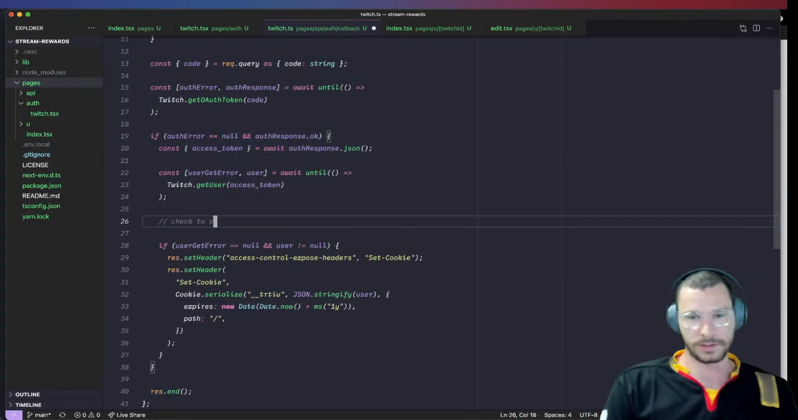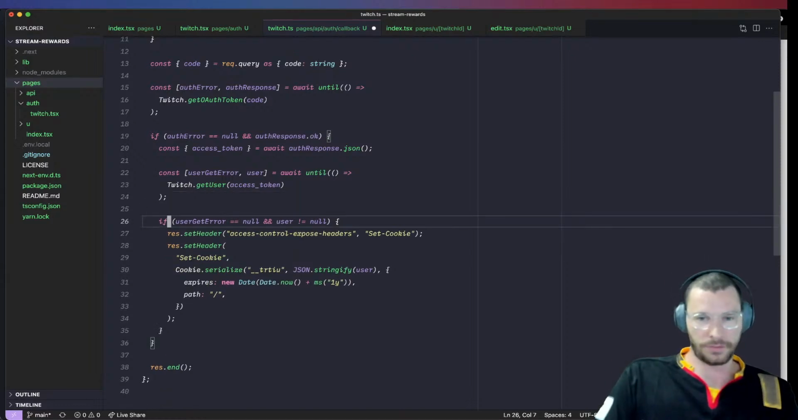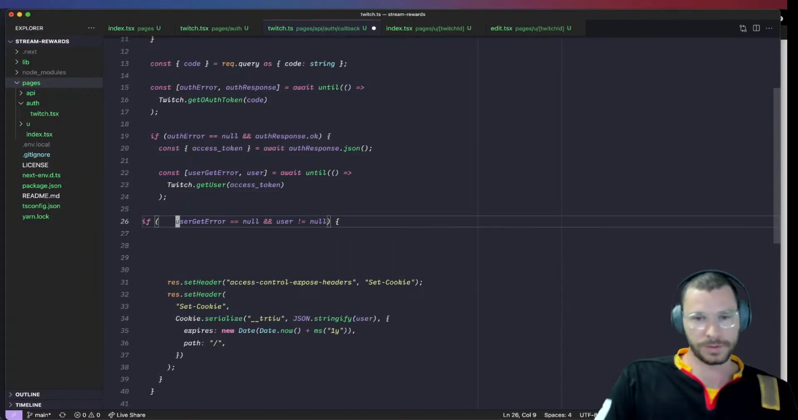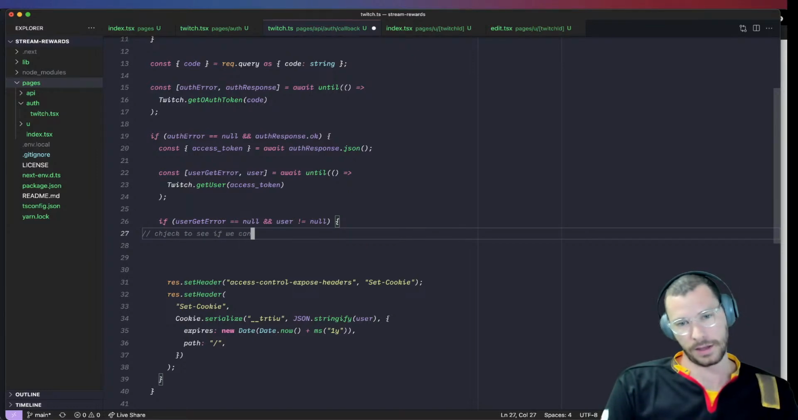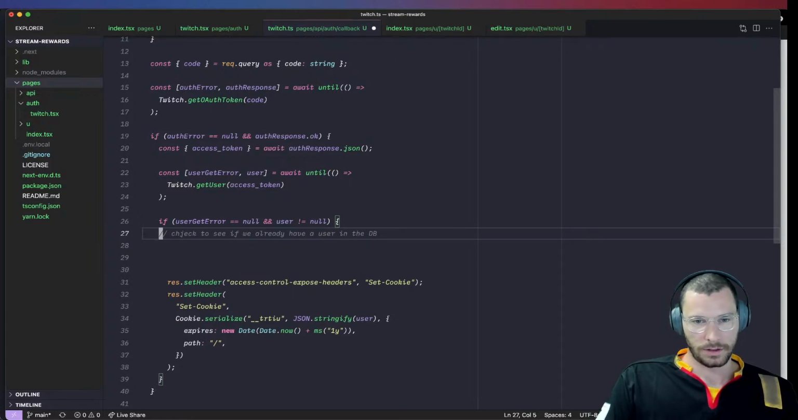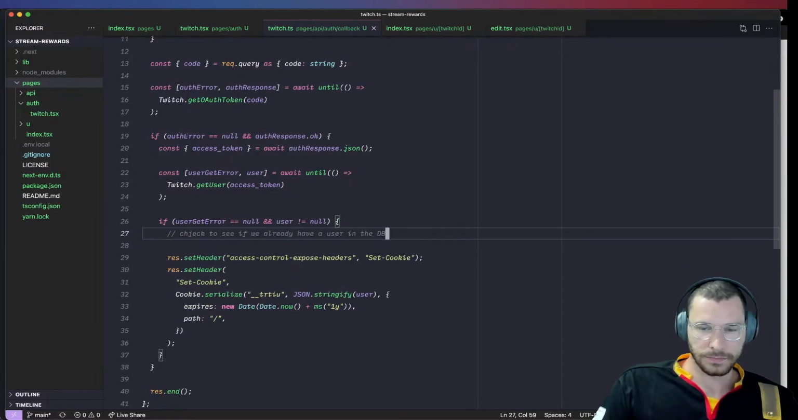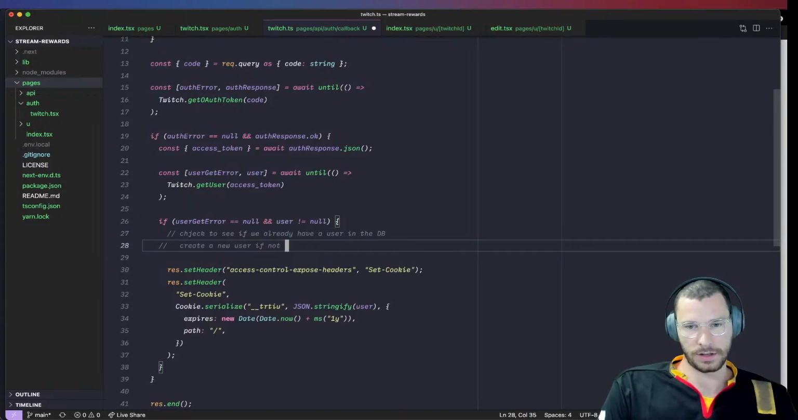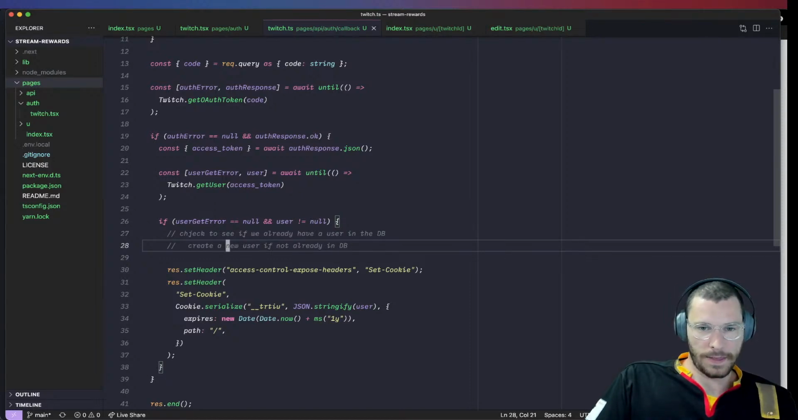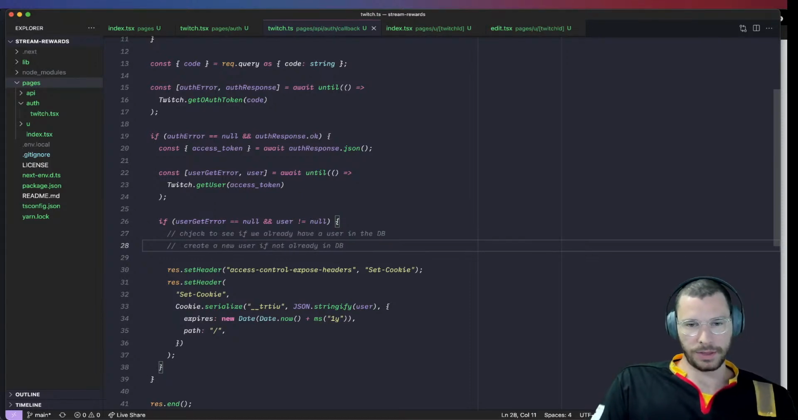One is check to see, well, I guess it's after if we have a user here. Oops. Oh gosh, I just broke everything. Here, check to see if we already have a user in the DB. And if we do, we can send it back. If we don't, we have to create a new user if not already in DB. There, and then those two things will store that in DB. The other thing we need to do if we have to create one is create the